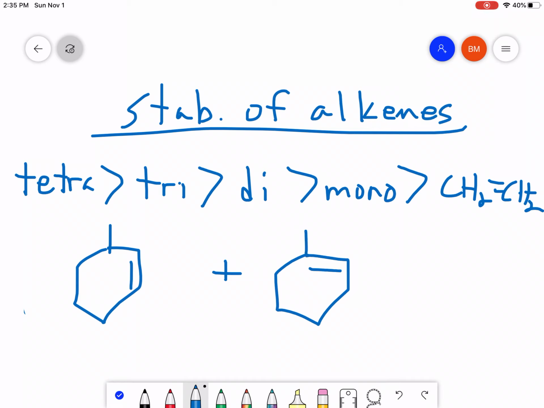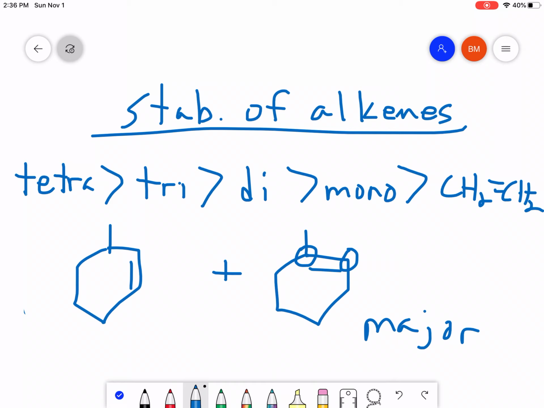All right, and I said this one was the major one. Well, why is that? Take a look at the substitution pattern. Take a look at this carbon right here and this carbon right here, the carbons that are in the double bonds, and basically look to see how many H's are directly attached to them. If these were unsubstituted, they should have 4 combined,